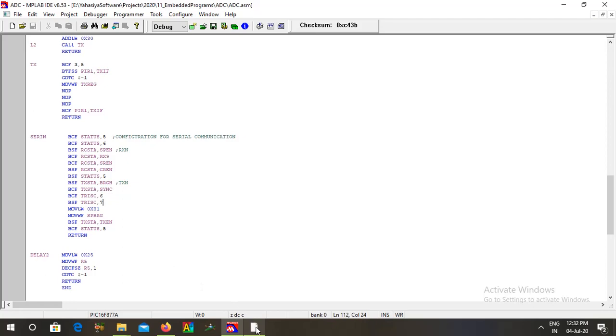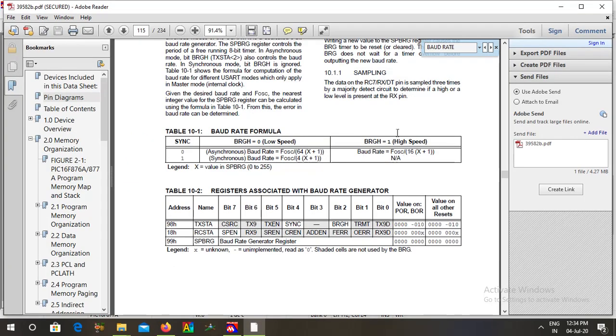Let us see the calculation. So see, this is the formula. When you set it to high baud rate, your baud rate is equivalent to F oscillator divided by 16 into X plus 1. In our case, my development board operating frequency is 20 megahertz. 20 megahertz divided by 16 into X plus 1.